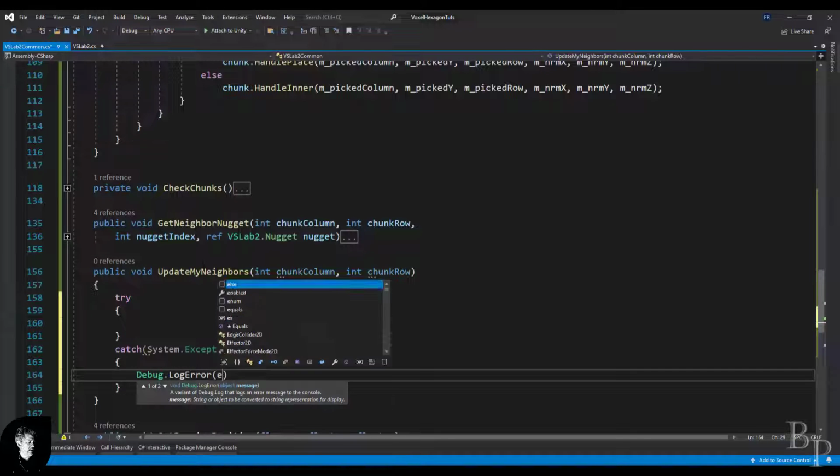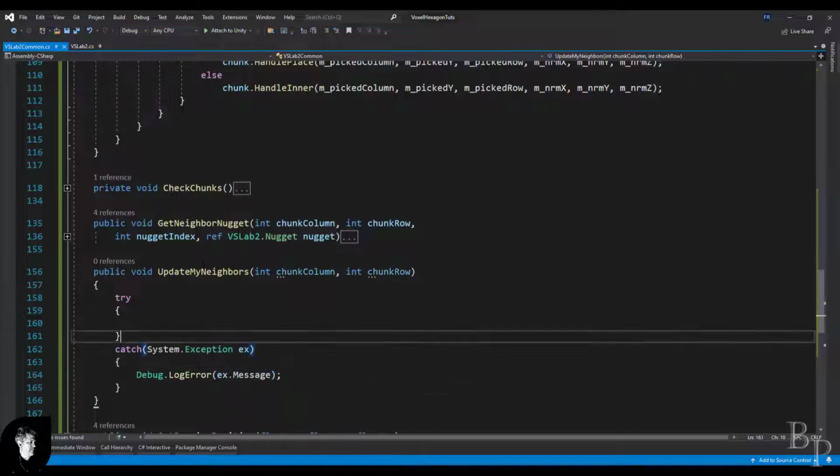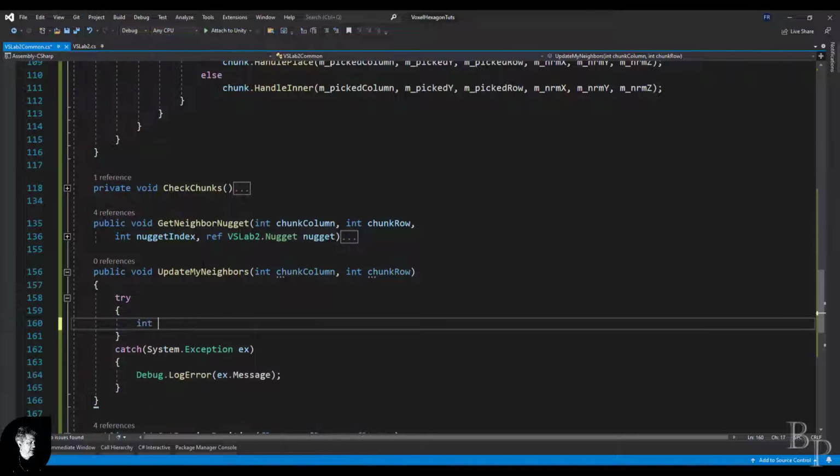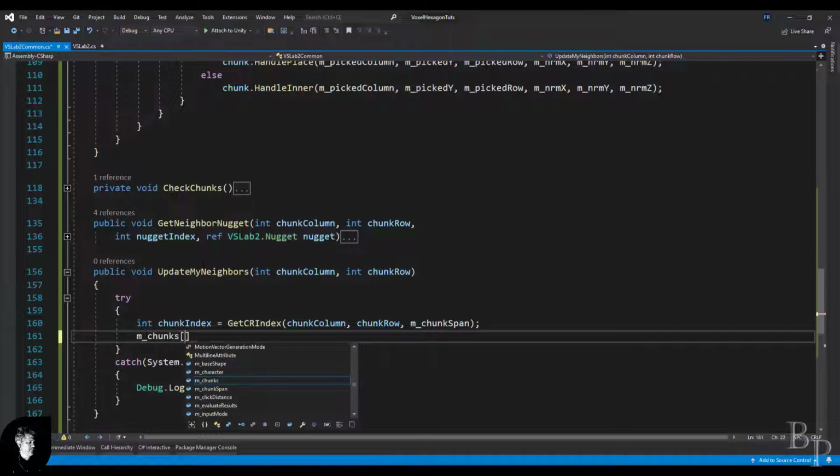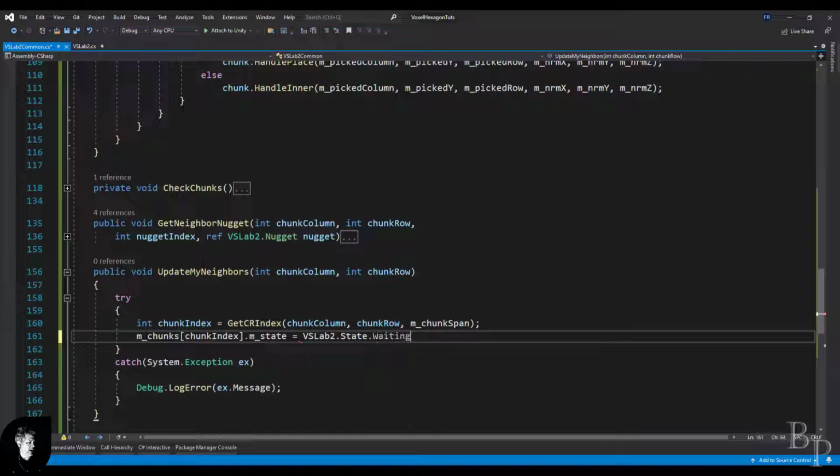Debug.LogError ex.message. int chunkIndex = GetCRIndex(chunkColumn, chunkRow, chunkSpan, chunk). Sounds like Marsha. Okay, and I'm simply going to put you into a state of waiting. Now,